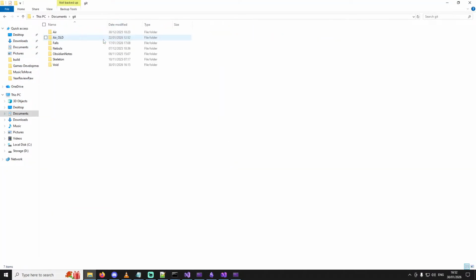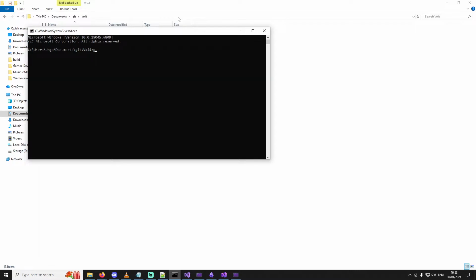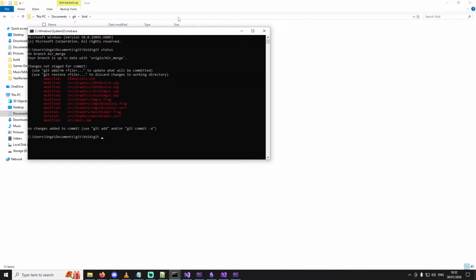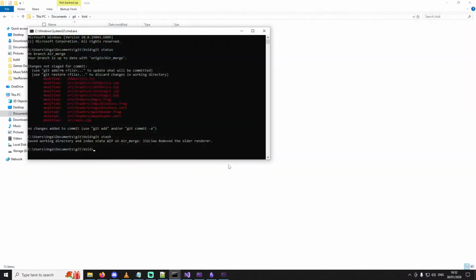So, yeah, what I'm going to do is just say, for now, this is an IMGUI quest that we're going to have to come back to at some point. So I'm just going to stash, status, and I think because we stash so much work, it's going to be better to